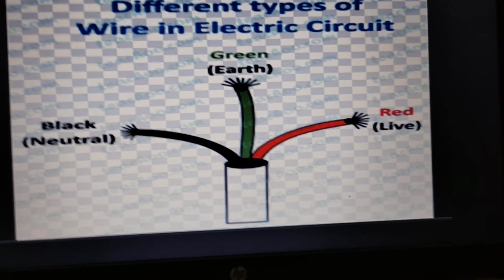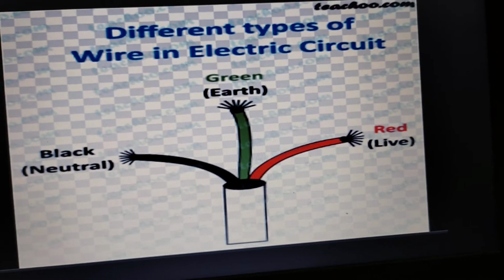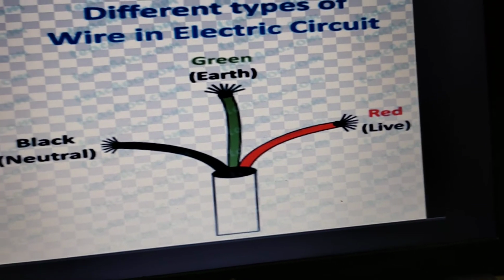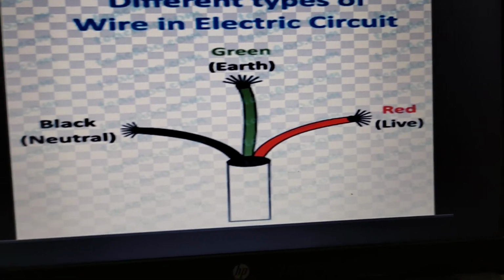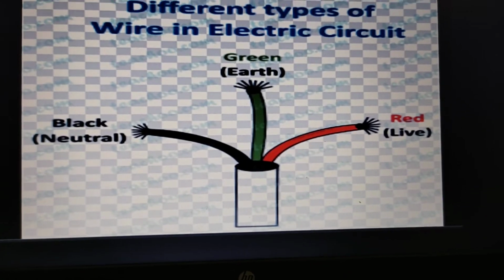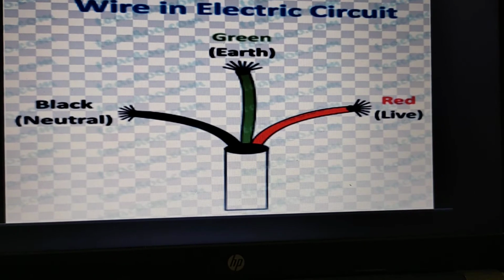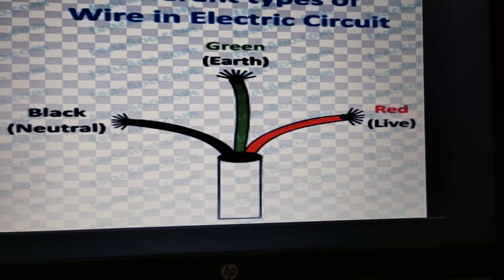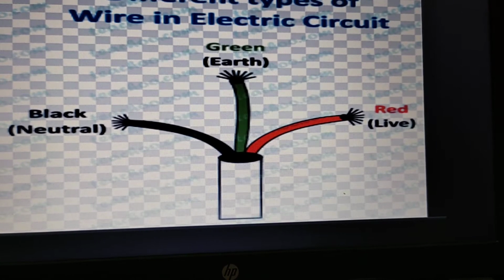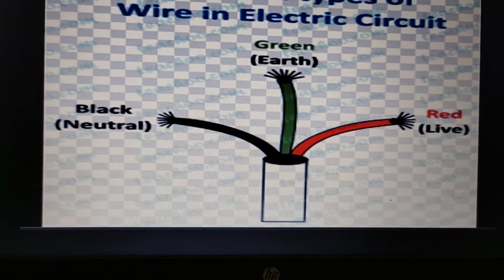What are peaks? I will let you know in class 12. But for now, just accept 220. There will be some kilovolt order range. Sometimes electricity and voltage in the kilovolt order range are also there. To ground that electricity, to protect our appliances, there is the green wire, which is directly connected to the earth. Whatever surge voltage is generated will go directly to the earth, and black is connected to the negative terminal of the battery.